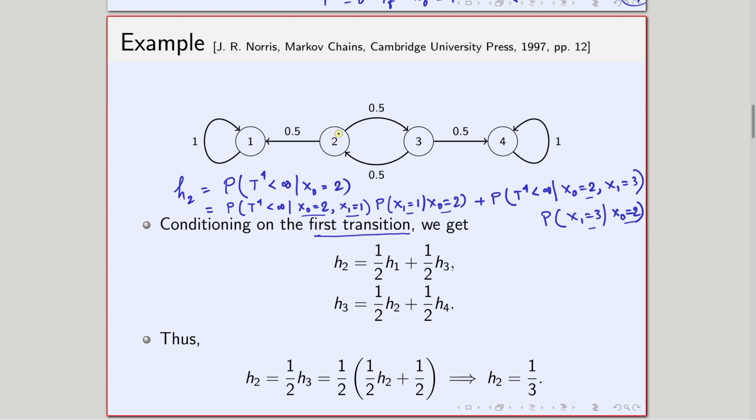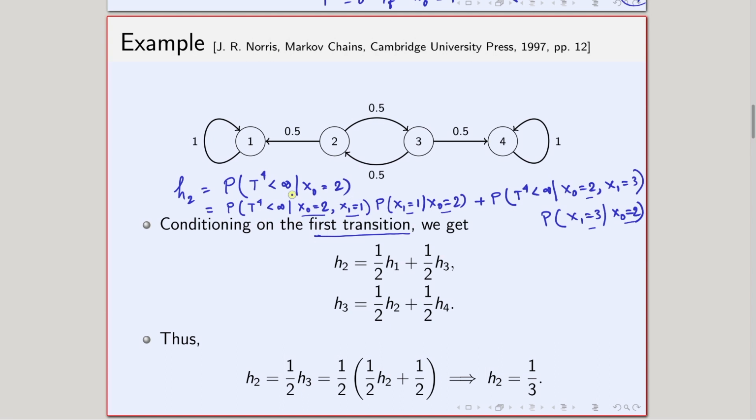So, if I can go from 2 to another state, the contribution of that particular state I have to add. So, if I can go from 2 to maybe m number of states, then there will be m such terms that need to be added, and then I can write H2 equals this plus this plus this, and so on and so forth. In this case, from 2 I can go to 2 states, so 2 terms come here. Okay. Now, look into this first probability.